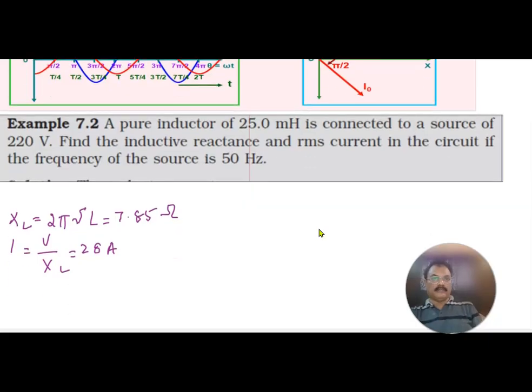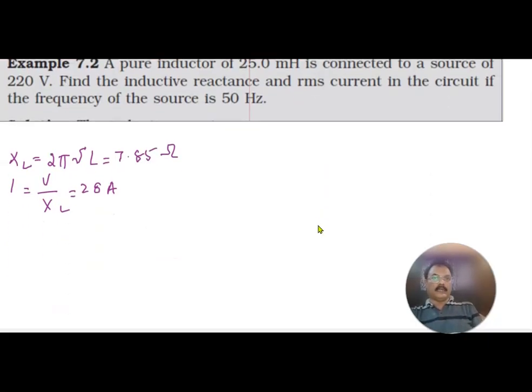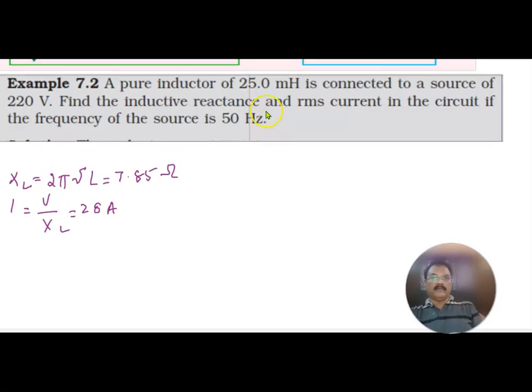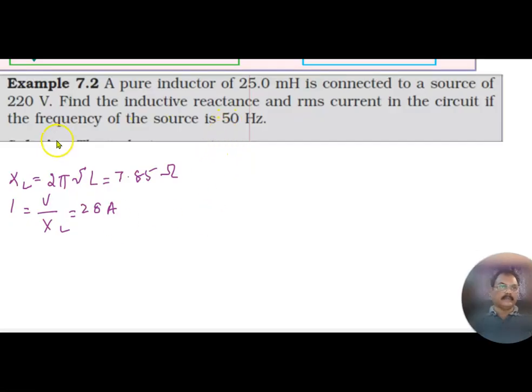So here is the question: a pure inductor of 25 millihenry is connected to a source of 220 volts. Find the inductive reactance. Just now I told you what inductive reactance is. Inductive reactance is XL. Let's solve. What formula is required for calculating inductive reactance? The symbol is XL. XL is equal to